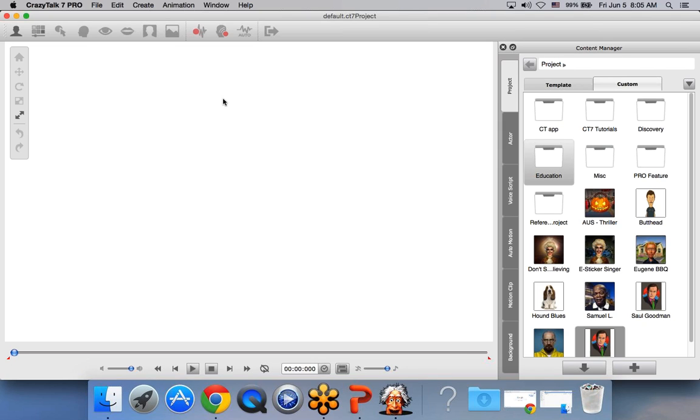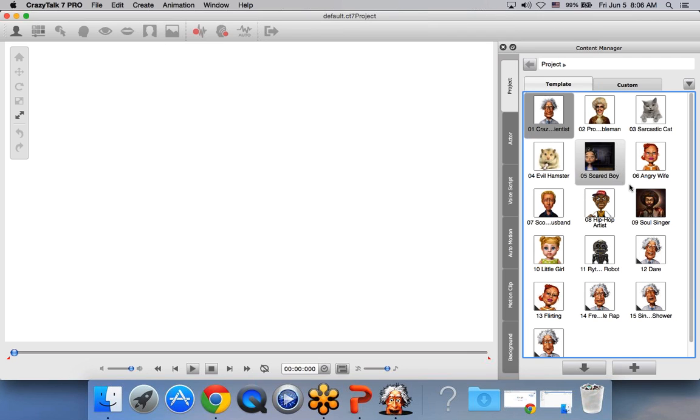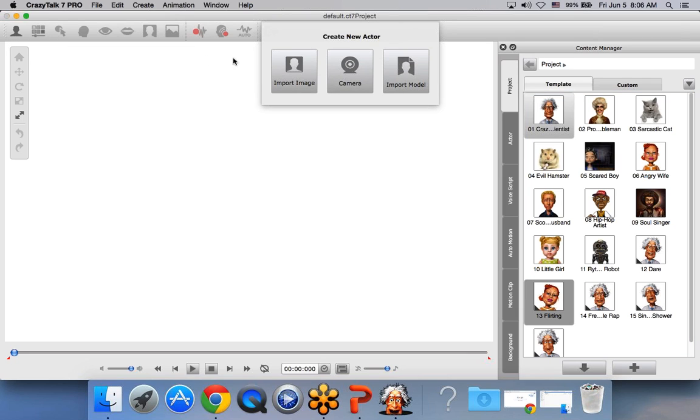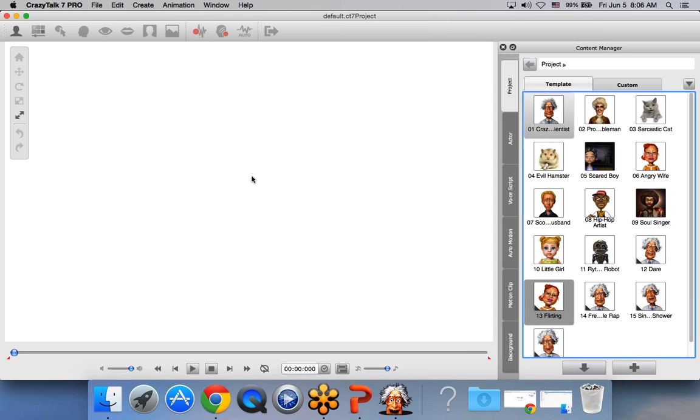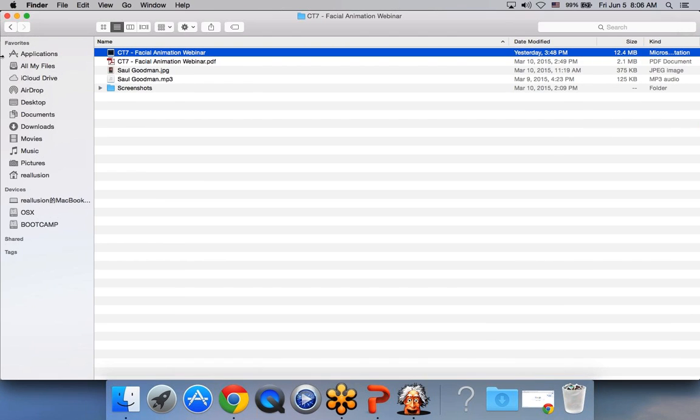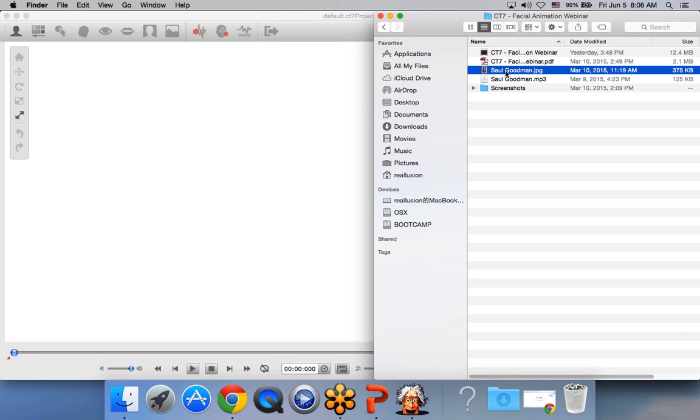Great. So how do we start? Well, the first thing is we need an actor. So we can either use one of the predetermined pre-made characters that come with the software, or I can import my own. So to import my own, there's two ways I can do this. I can go up to the top toolbar here and click on Create New Actor. And this will ask me if I wish to import an image, use my onboard computer camera, or import a previously made model. Now you can do that, or I can simply drag and drop an image from my external